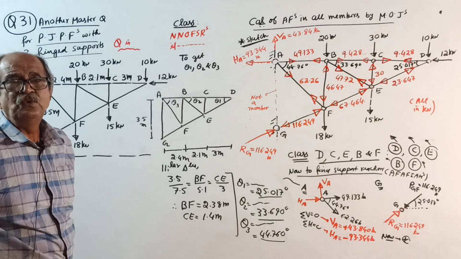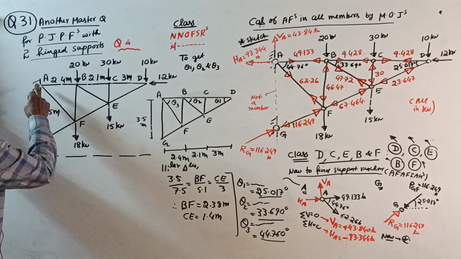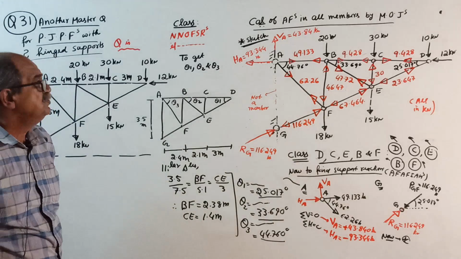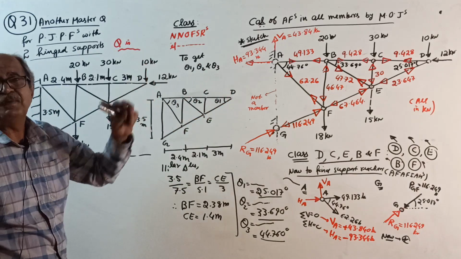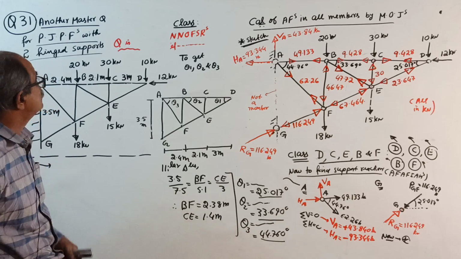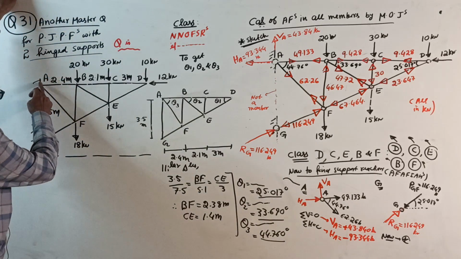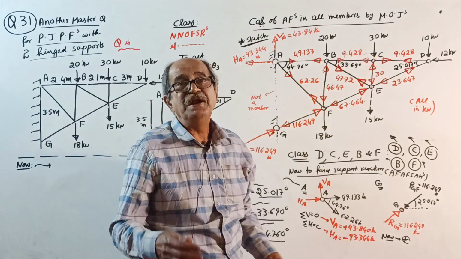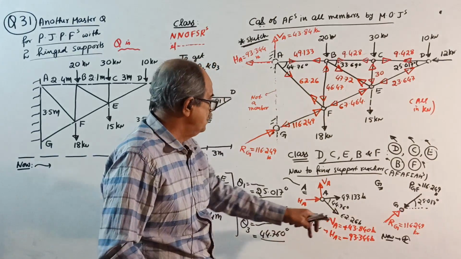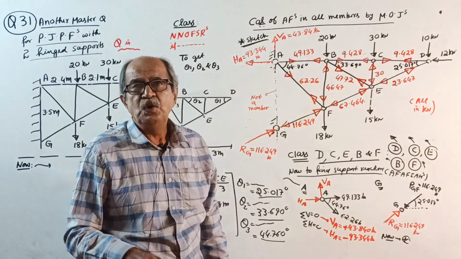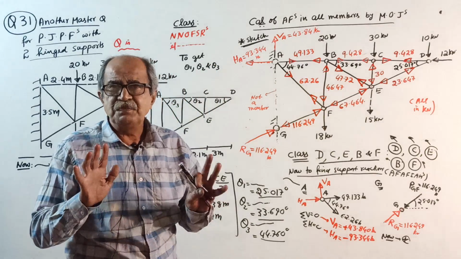They will ask you what is the reaction at A or reaction at G. They are not asking for axial forces in members. Then someone will say, oh sir, to get reactions at A and G, first you have to find axial force in all the members, taking 15-20 minutes. No. If the question is only to find support reaction,